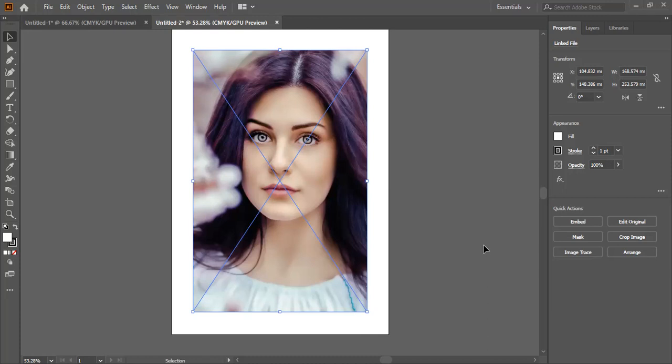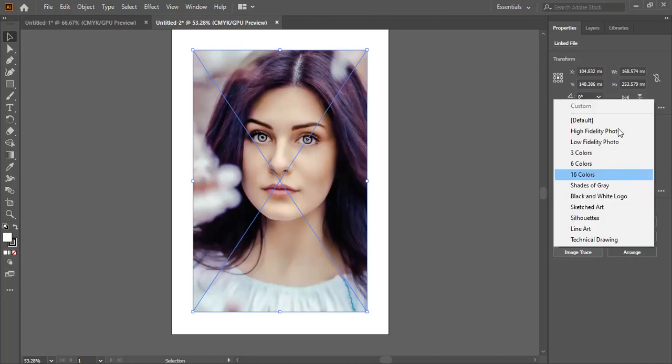So here, as you can see, if I click here, there are some options which you might check, but the most interesting part is this one, image trace. If I click here once, there are certain other options which you can check by yourself. They are almost the same, and they all will create some kind of different art. But the main thing I wanted to tell is, if I click this high fidelity photo,